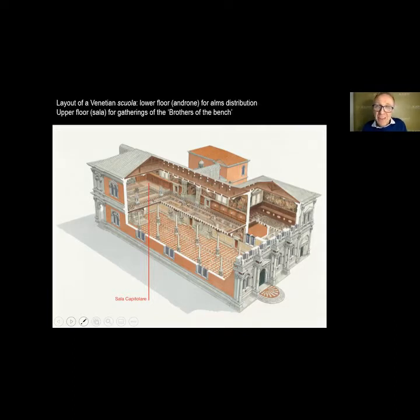And so, of course, these rooms were magnificently embellished. And if you've been to San Rocco, you've seen that. Further off, and you can see it in this cutaway just here on the right, for the very highest members,